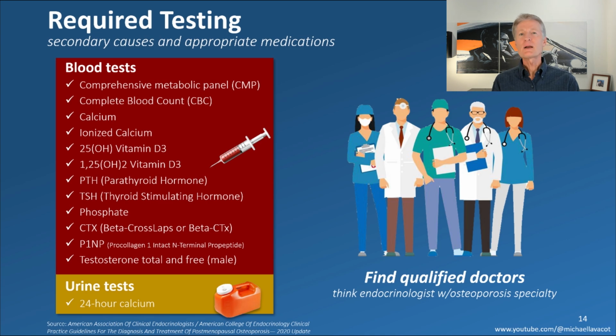Parathyroid hormones. So the parathyroid's located behind your thyroid glands. Controls bone, both remodeling and modeling of your bone. So PTH is very important to check, especially for secondary causes. Thyroid stimulating hormones. So your thyroid yourself, if you're hypo or hyperthyroid, that's going to cause problems that's hard on bones. Bones are also made of phosphorus. So you want to get your phosphate checked, right?